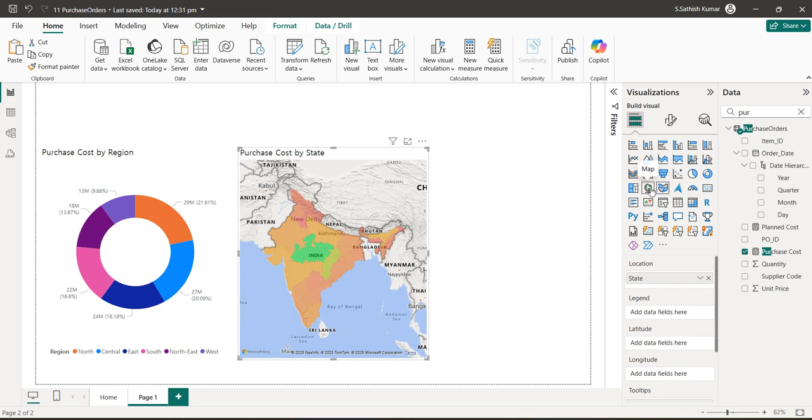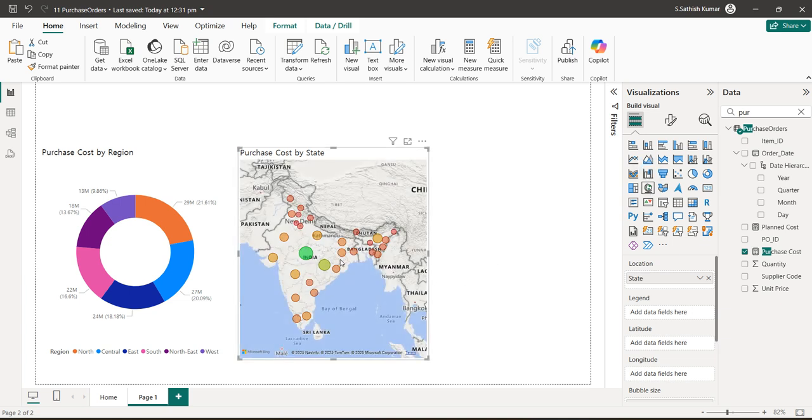If the value is more, you will get a bigger circle. If the value is lesser, a smaller circle. Whichever you wish. I think most people will prefer the field map, but you can go for a bubble map also. This is a bubble map. If the value is more, you will get a bigger green bubble. If the value is lesser, you will get a smaller bubble here. Either you can go for a bubble map or a field map. So this one is filled, that one is bubble.